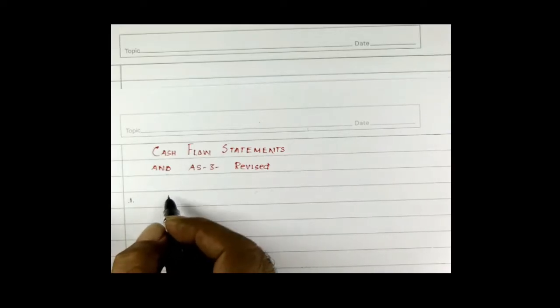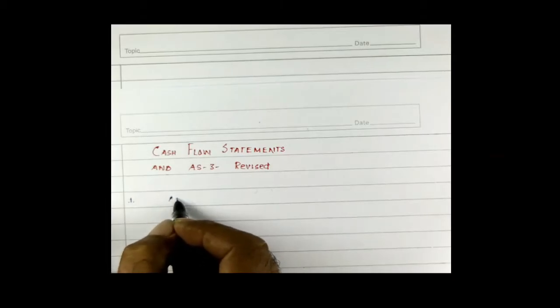Cash flow statement, of course, we are picking now. Under the cash flow statement, right? As per AS3,